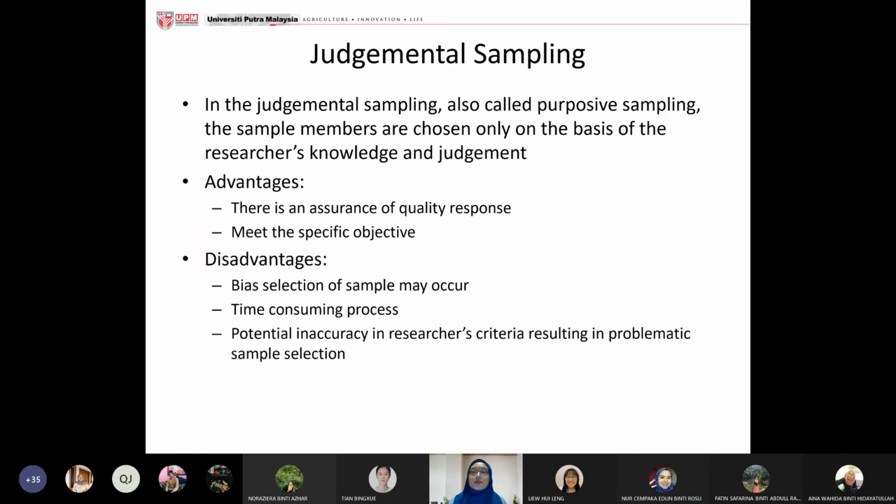So maybe people from Bintulu you cannot go, okay? So you might have problem if you are looking at the whole of UPM. So that's why you choose only one college, okay? So you can meet your objective, of course, but the disadvantage of using this type of sampling is, of course,